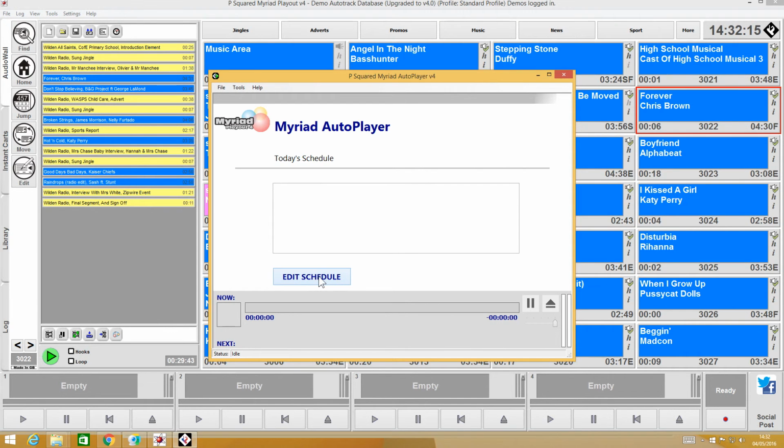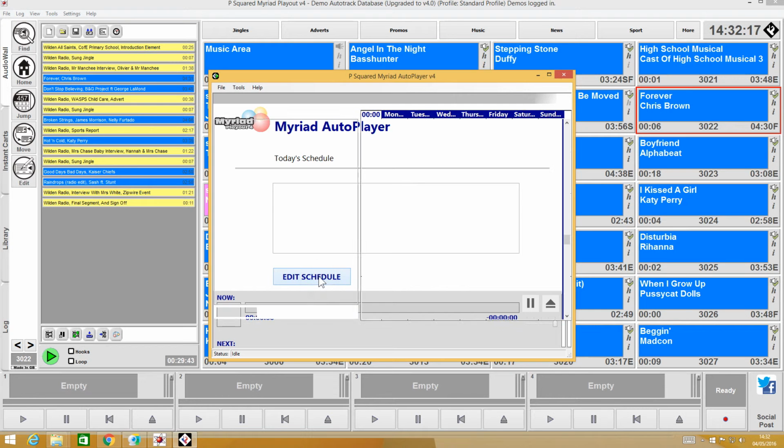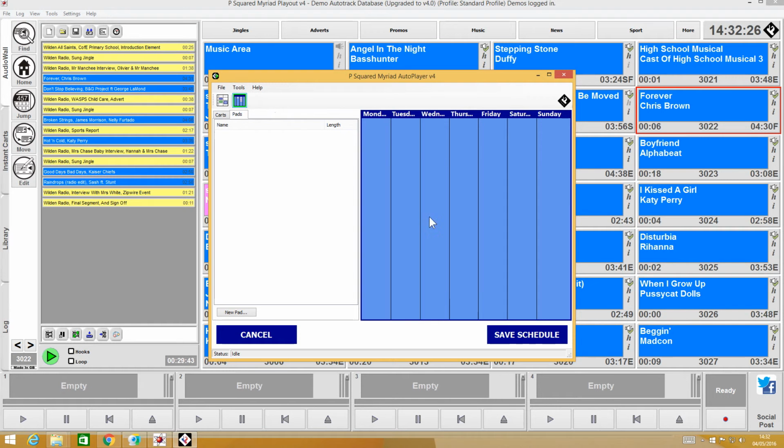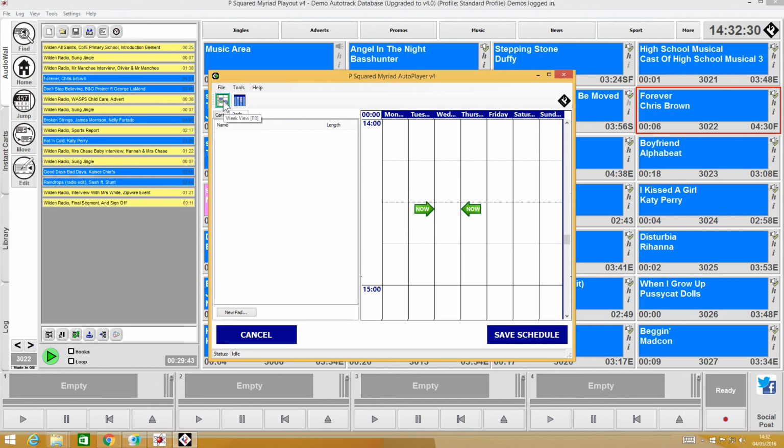Okay, so first thing to do is click on the Edit Schedule button. This opens up the schedule window, and there are two views here. There's the list view, which just gives you a list of stuff for each day, and there is the week view, which gives you the date, the days and the times for each day. And to add this pad to play at a specific time, we want to be on the week view,